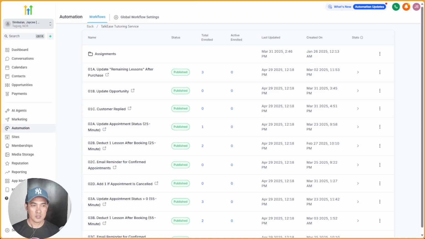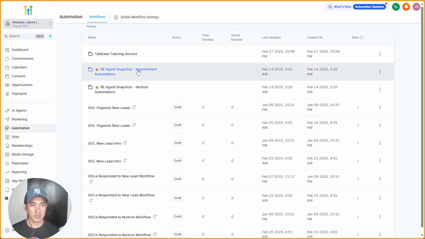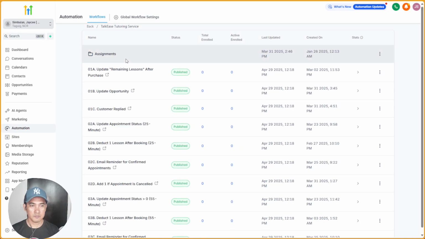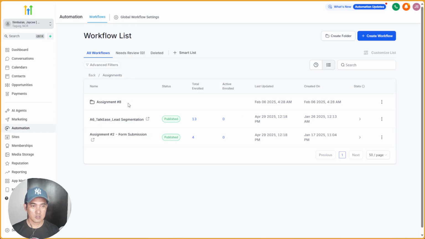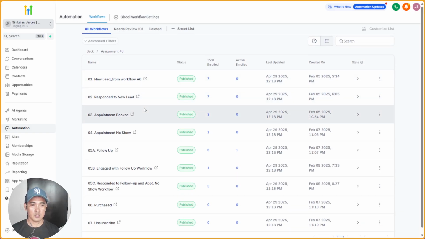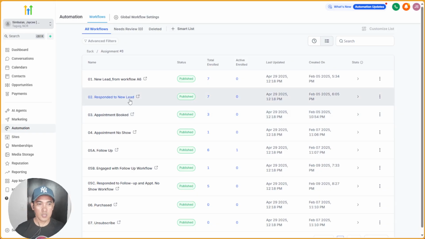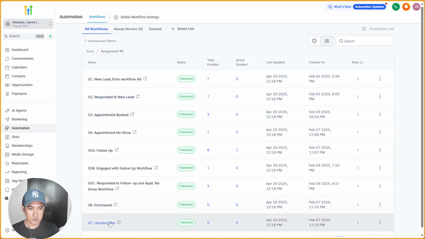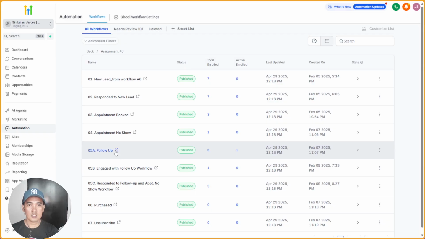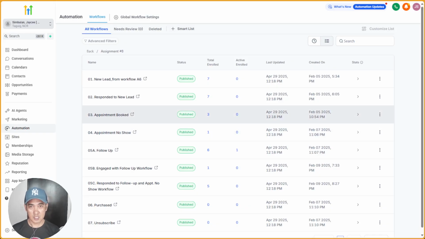So I still have here more automations like this one. This is the main workflow automations for the tutoring service business, right?